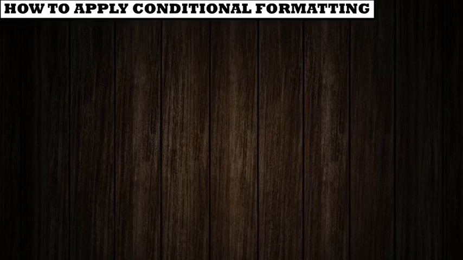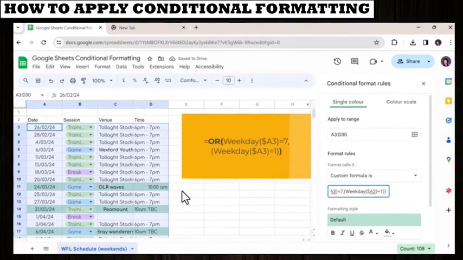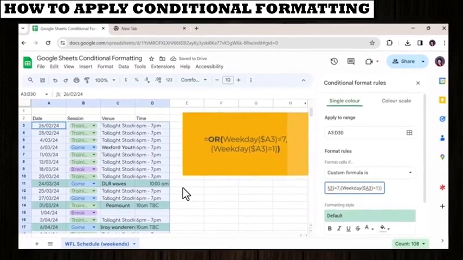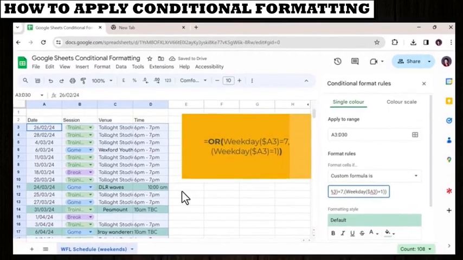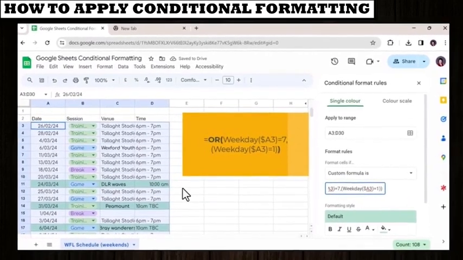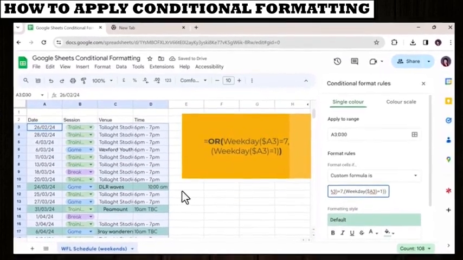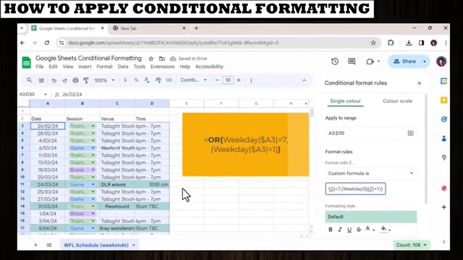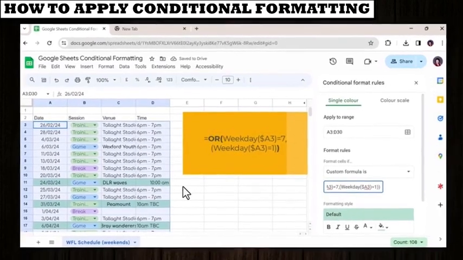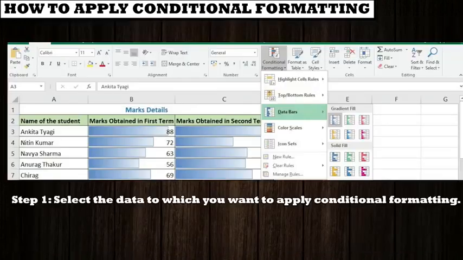How to apply conditional formatting? Sometimes, you do not wish to hide any rows but still want to highlight all the cells that satisfy a condition. This type of formatting is known as conditional formatting in Excel. To apply conditional formatting to a series of data, you may follow the steps given below.